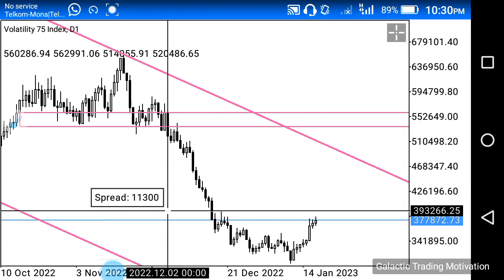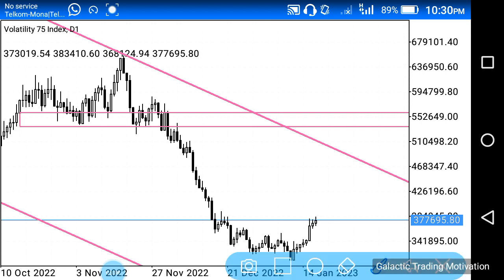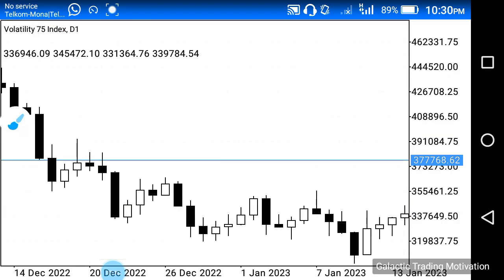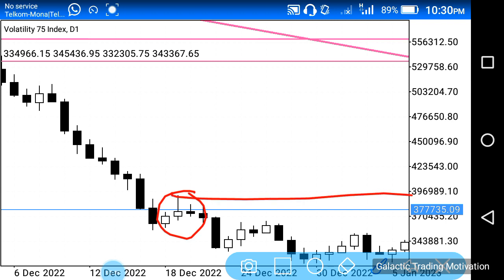Why do I say this level? The reason why I say that level is because we have this candlestick over here. In fact, let me just zoom in a bit, guys, just bear with me. Let's see. So we have this candlestick over here. It is a bullish candlestick with a very small body and quite a long upper wick,